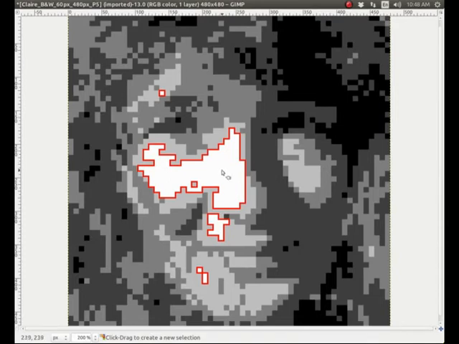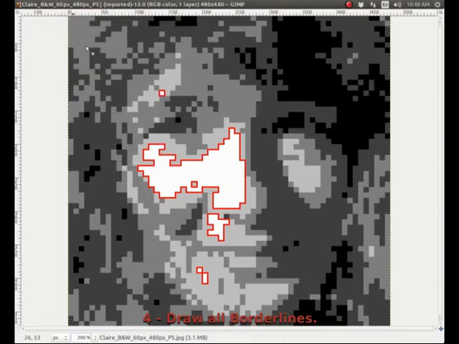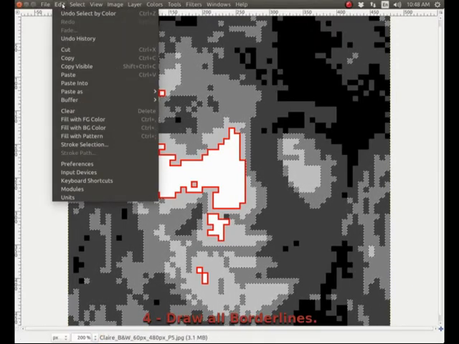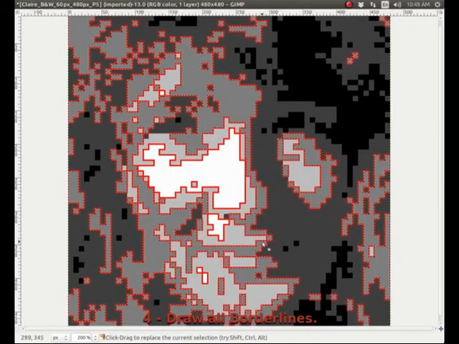Now we are going to select other areas. When it's grayscale, you don't have to do every area, you can do every other area. That's going to be enough. So we go to select by color, and we click on the next, after next, gray, and we'll repeat the same thing here. We go to edit, stroke selection. We have made all our selections before: solid color, anti-aliasing, line width 2 pixels, stroke. Okay, there we are. Again, we go to select none,